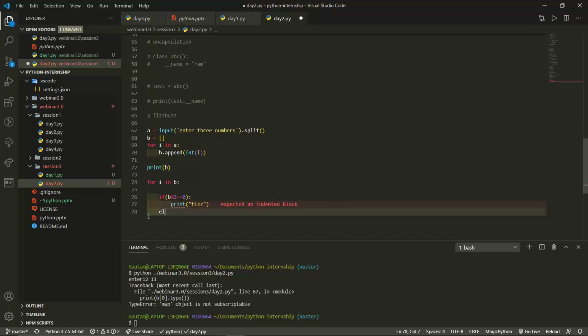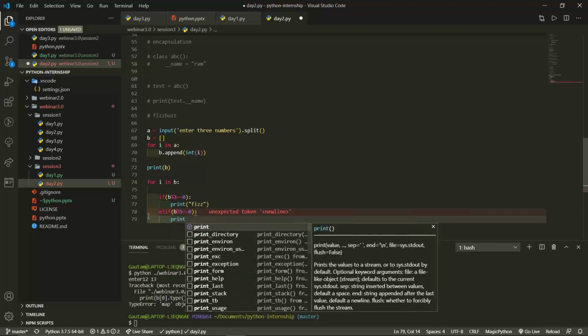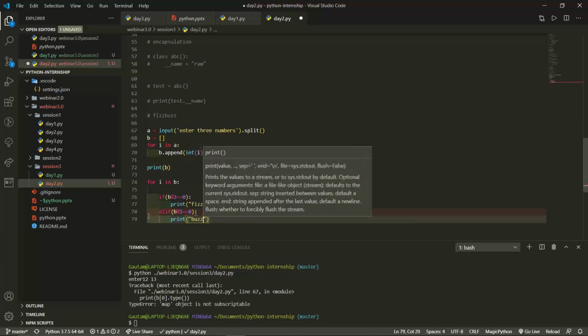Okay, elif B mod 5 equals to 0, then I want to print buzz.